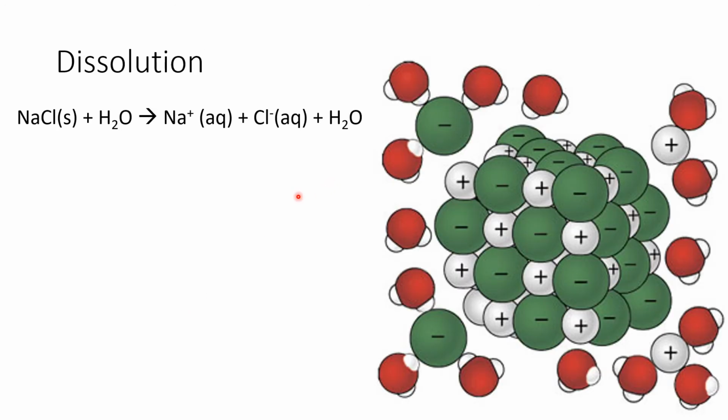So as the simplest of these, let's talk about dissolution. This is just stuff dissolving. I've drawn, I didn't draw it, I stole it, a generic crystal here. And this could be like your sodium chloride. The pluses would be the sodium in that case, and the green negatives would be your chlorides. So I'm just going to look at this green and white crystal as if it is the sodium chloride for an example, okay? So we're going to put water in.